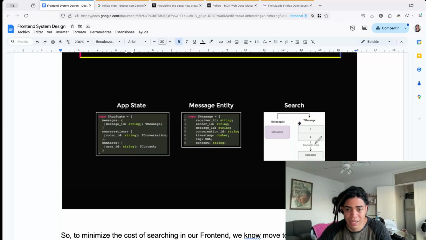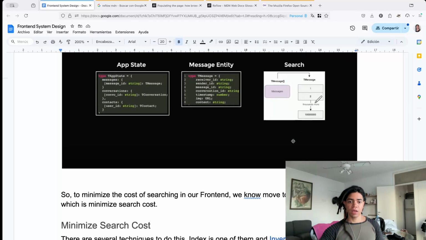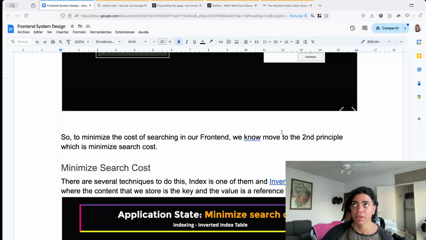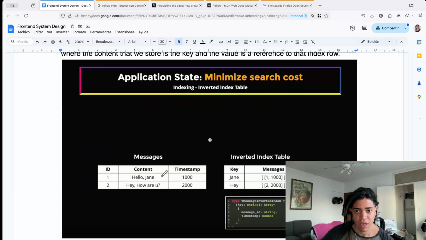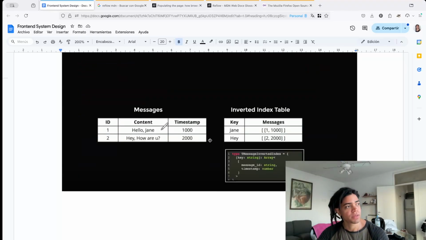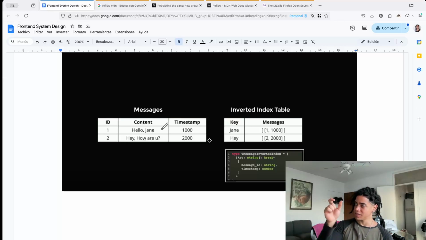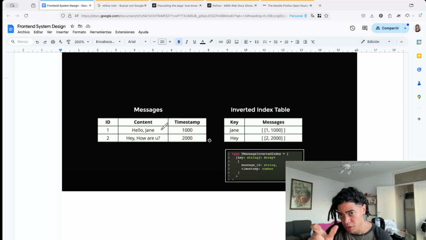And if you want to actually look at that particular, you need to get access to this. So one thing to improve or to minimize the search cost is by implementing something known as the index table or inverted index table. What it means is that, again, this is for improving the search. This is very narrow specific. If you want to improve the search operation here, you can use something called